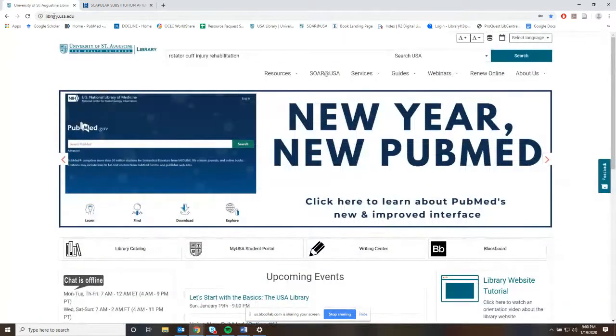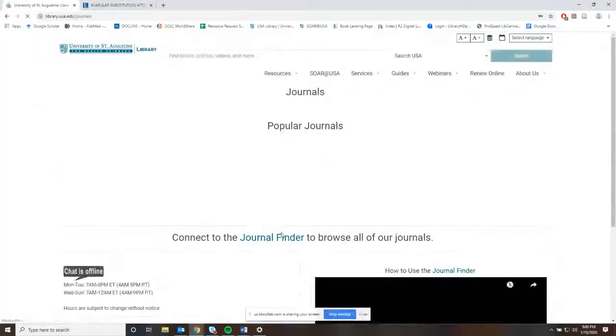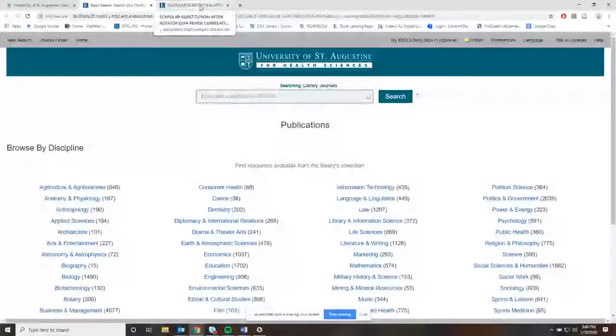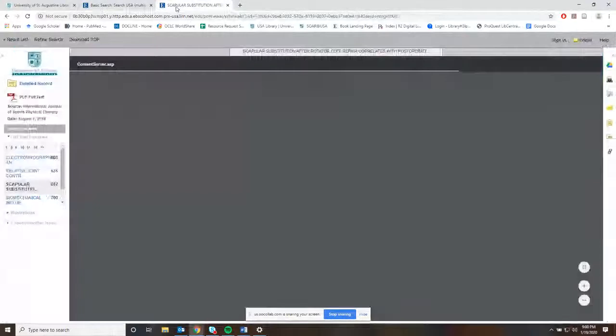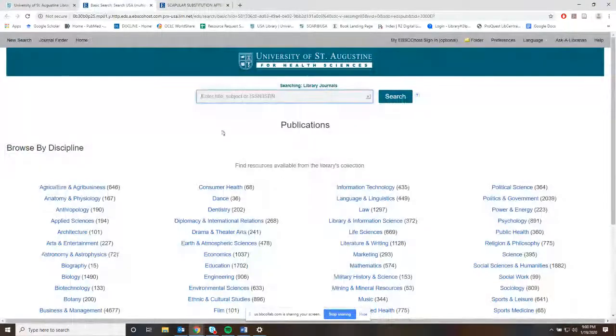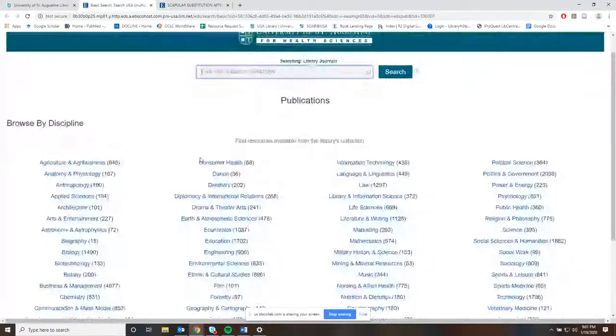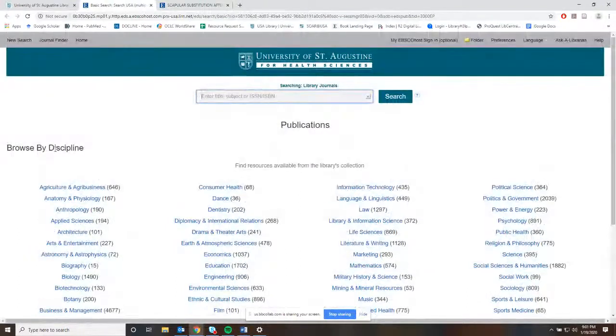While we're waiting for that to load, I'm going to go back and try to get into our journal finder to see if I can just show you what that looks like. Yeah, journal finder, I don't know why that took so long. Journal finder is the USA Library's journal collection. It's our browsable journal collection. So it's like if you went to a newsstand. I know that probably dates me age-wise, but if you were to go to a newsstand physically and go through magazines or journals that are located there, this is kind of like that, but